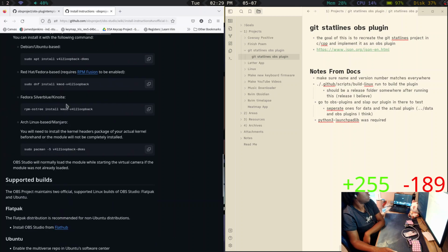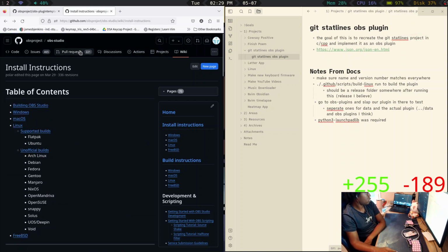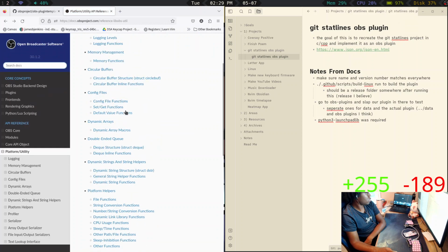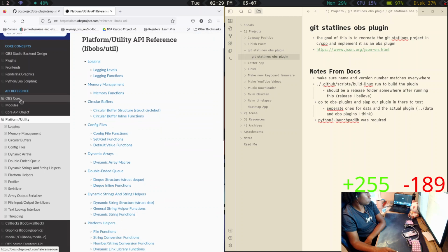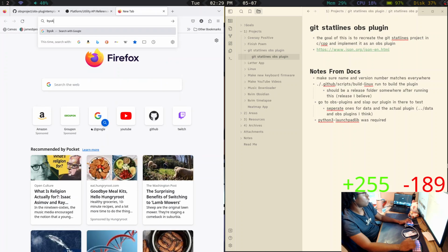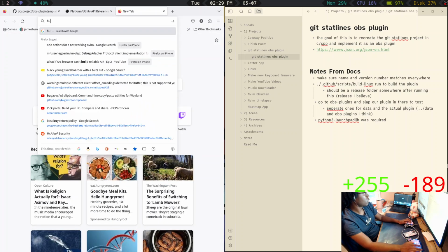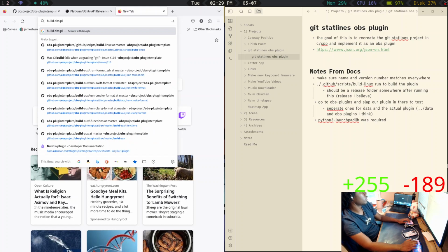Wait, this is build instruction for the plugin. Oh my gosh. Oh yes. Again.